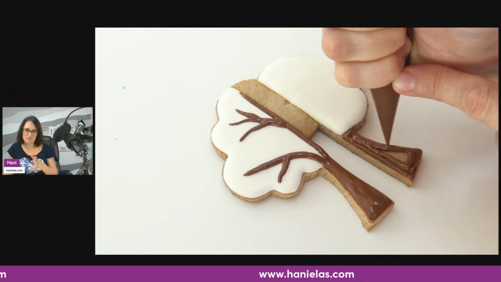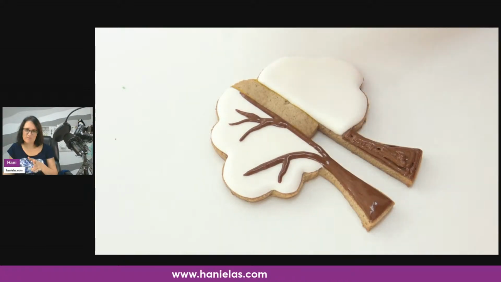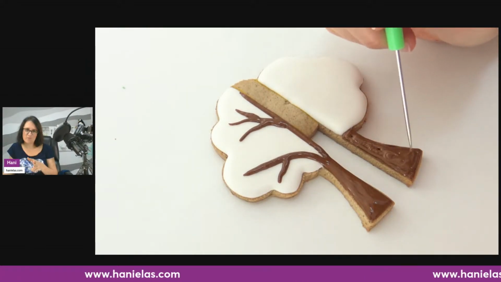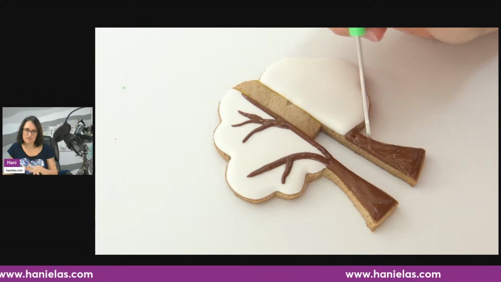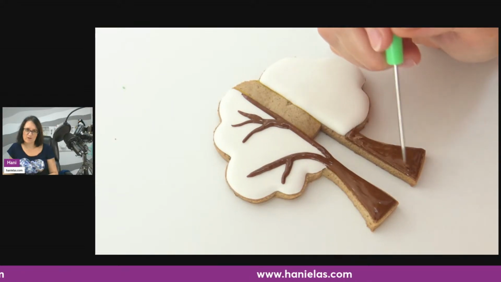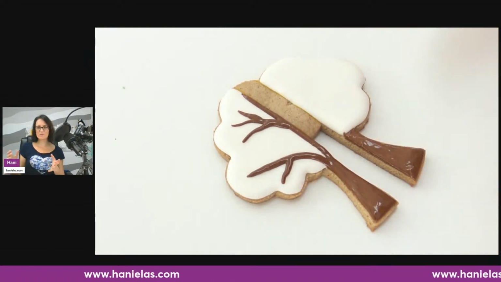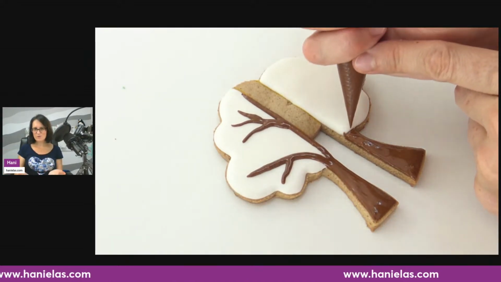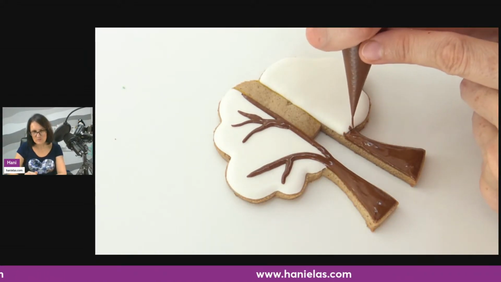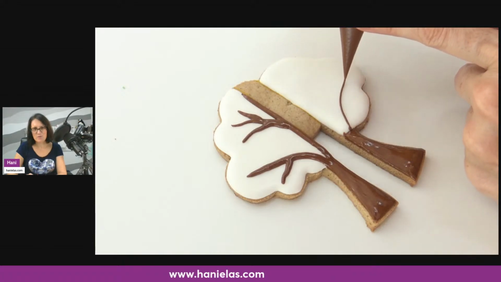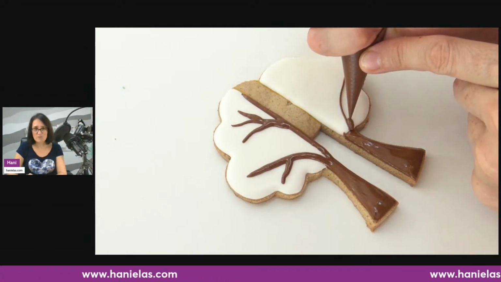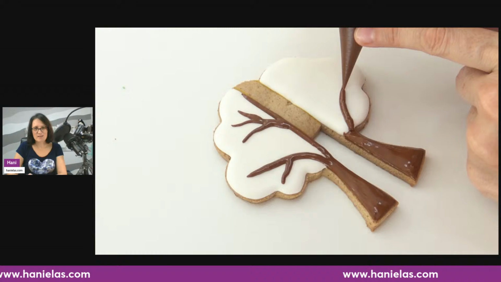Okay, so 4 times the same thing. You see, if I use the scribe tool, it kind of comes together, and then we can do the branches. To make the brown, I used chocolate brown from Emery Color brand. If you don't have a good brown that you like to use, you can play with making your own brown with red and